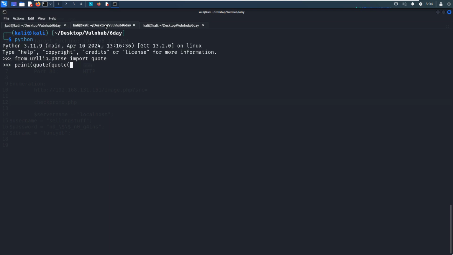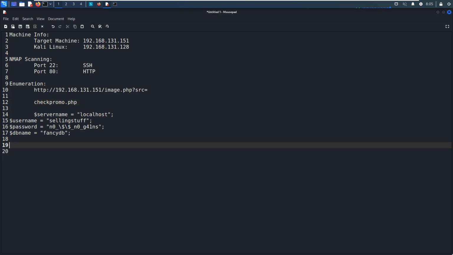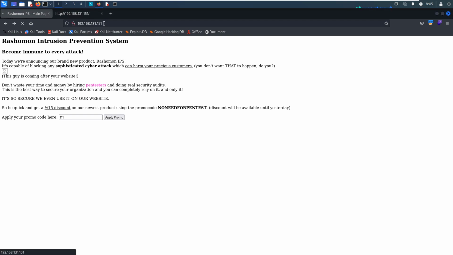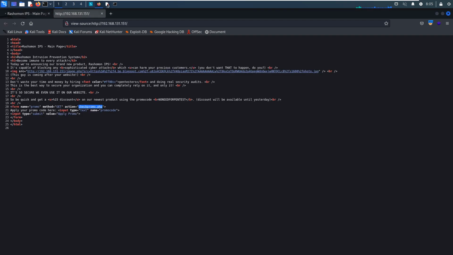But I think there's some error. Interesting. Okay, so now we can copy. Maybe I can generate the URL in the notebook. So we can do it like this: HTTP. Maybe I can copy from here, the image, yeah, this one.